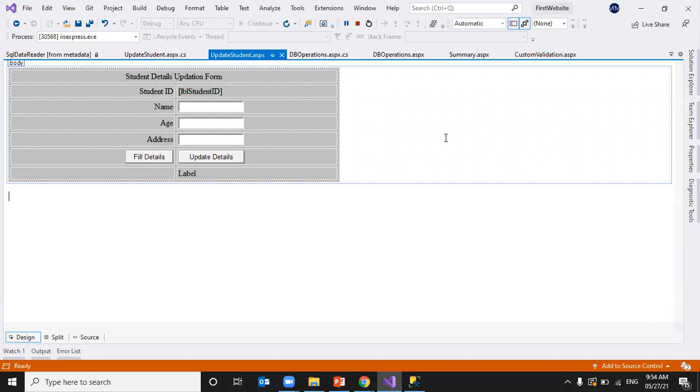We created a new student, we read the student details, we updated the student details, we deleted the student details. This is the process of CRUD operations. We tried all four.